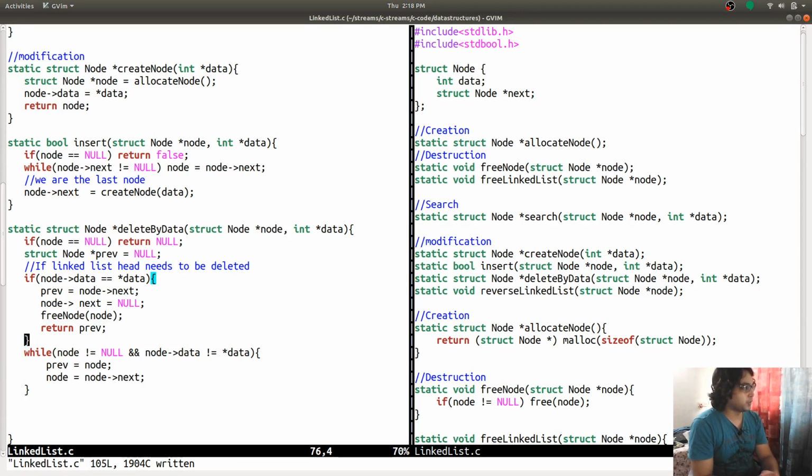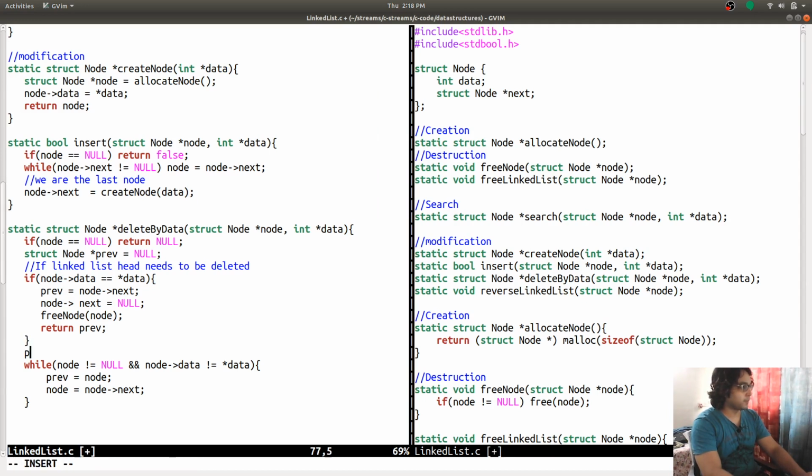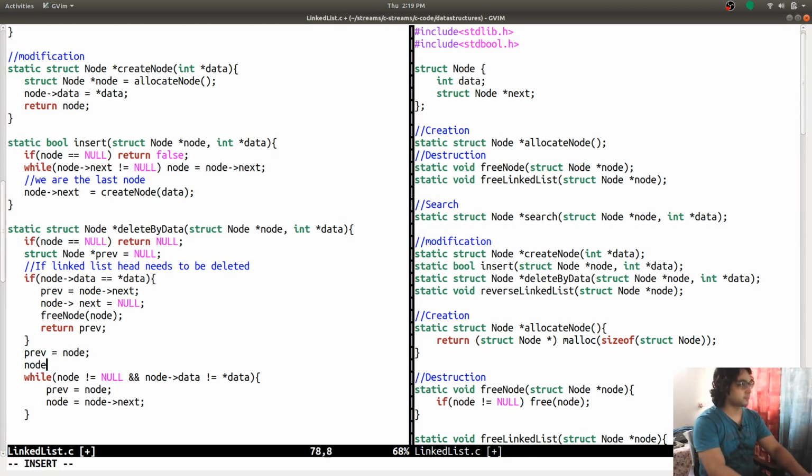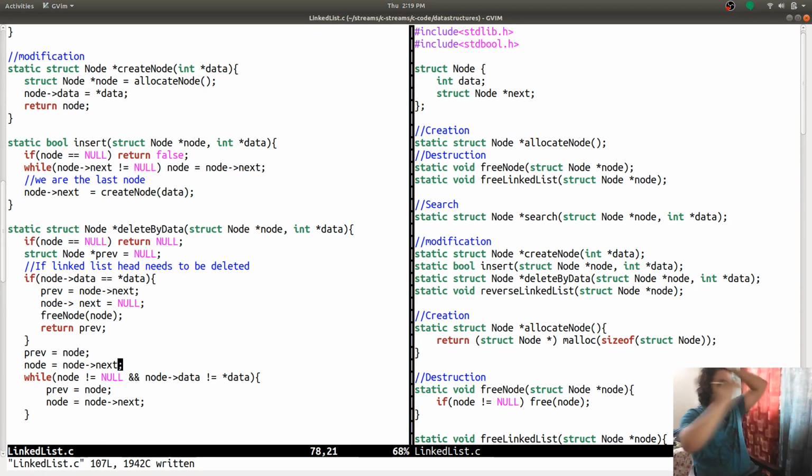So node data is equal to, if the linked list head needs to be deleted. Okay, and after that, prev is, as we know that the first node is not the value. We are going to move our node to the next node, and this is not the best way to do it because I think we are having so many special cases over here, and